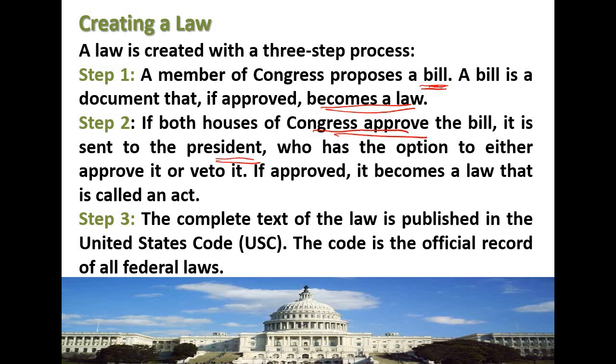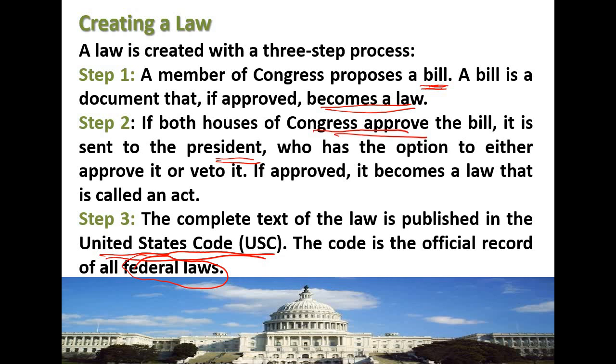The complete text of the law is published in the United States Code. Because it is a federal government, all the states include this code in their federal laws. So this is how it goes. There's an organization responsible for this, and a member of Congress, a congressman or congresswoman, proposes the bill.